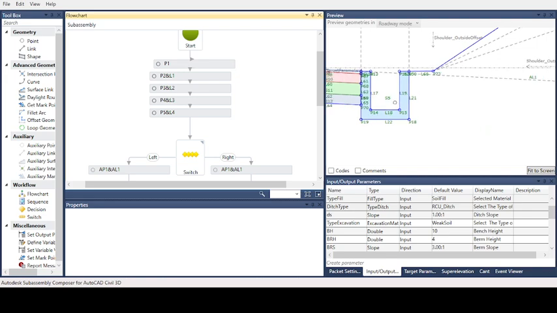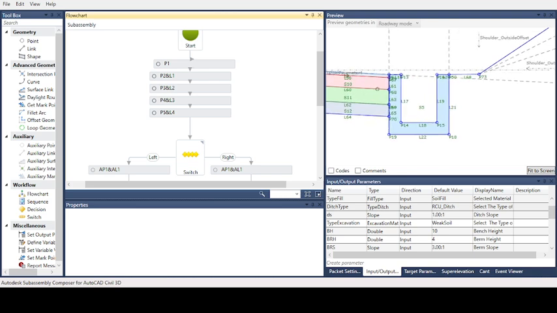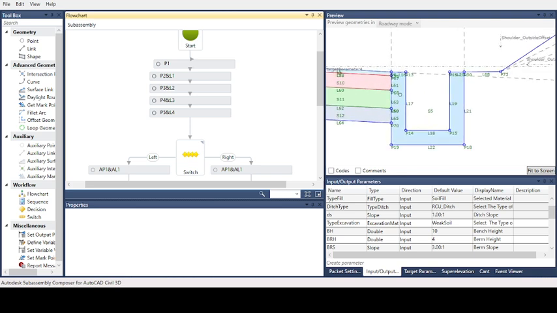This is the concrete ditch we will use for the R1 road on top of masonry by creating the top cover slab.